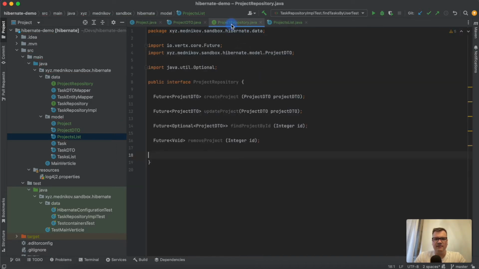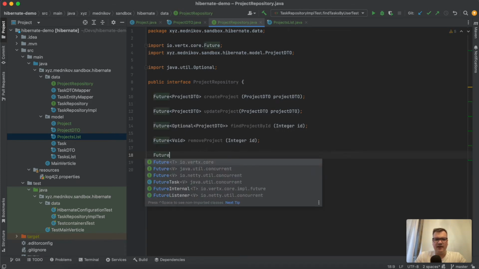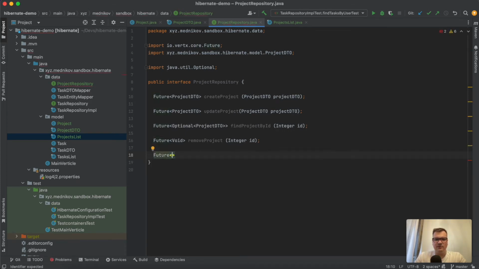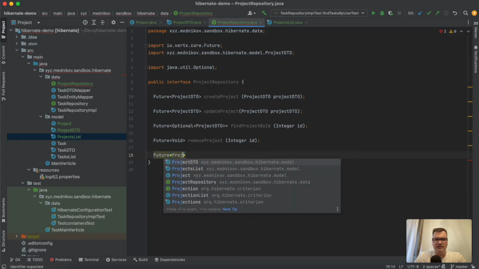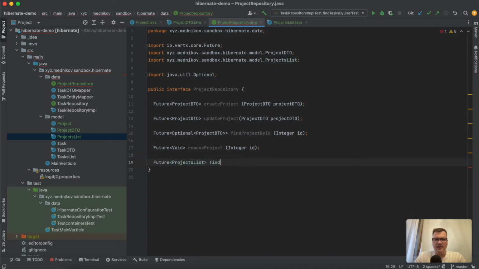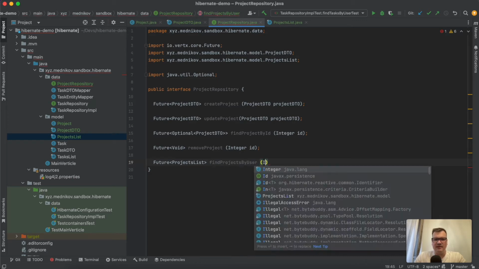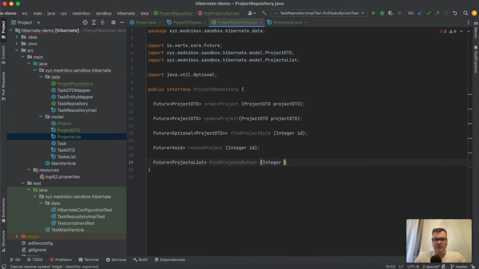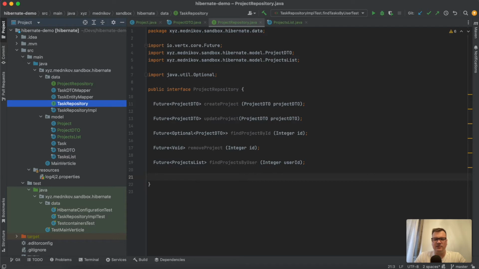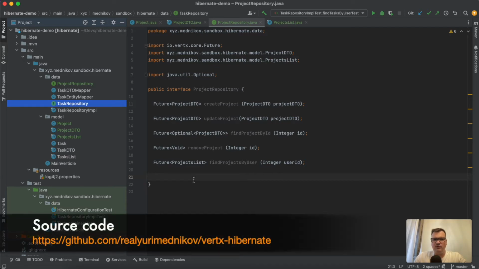So let's save it and let's go back to project repository, and here let's create a final method that returns a future with projects list, and we call it find projects by user, and it accepts an integer value of user ID. So this is a very simple repository like we did with task repository in section 2 of this tutorial. I would not implement this